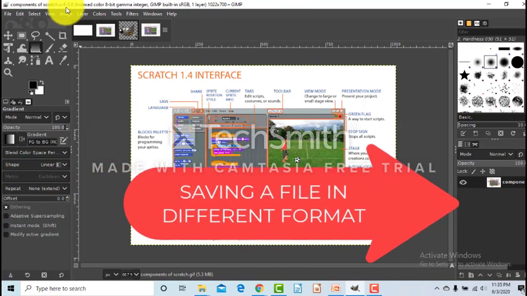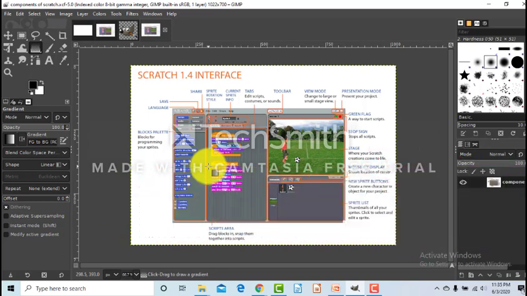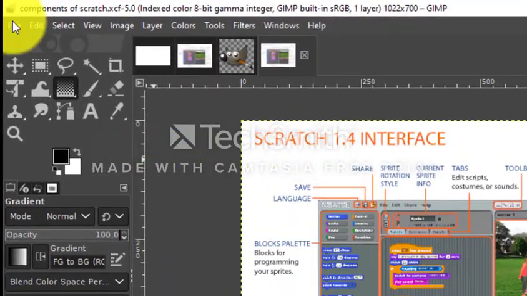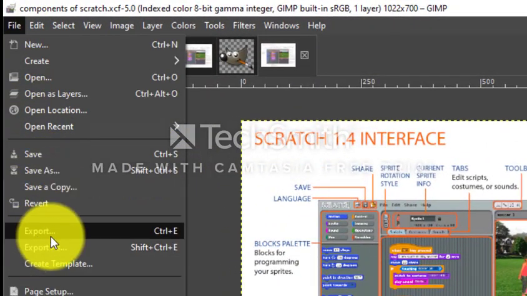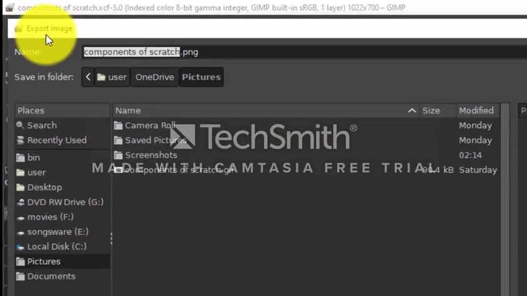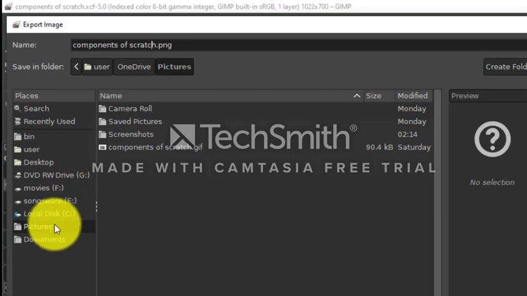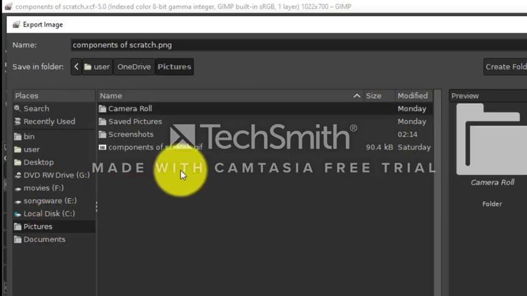Next operation that we will see is saving a file in different format. We can also save an image in different format other than .xcf. The steps to do so are: select Export option from the File menu. The Export Image dialog box appears. Select the drive and the folder. In the name box, type the file name with extension, say